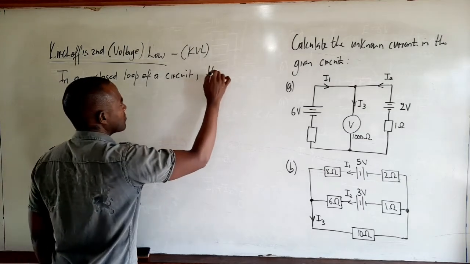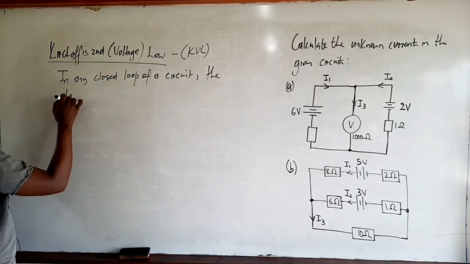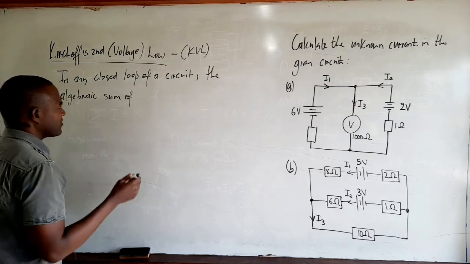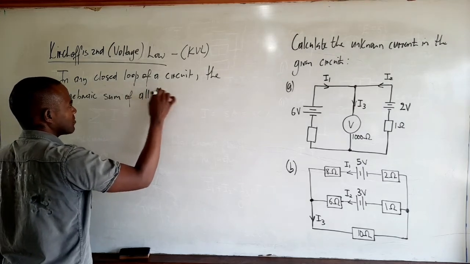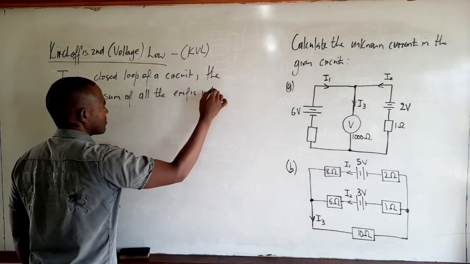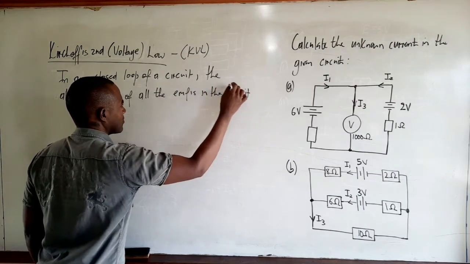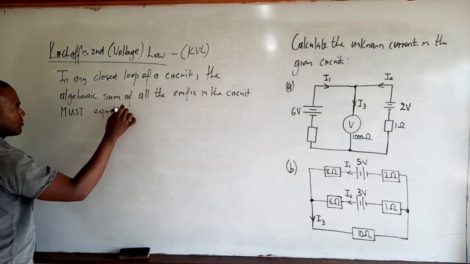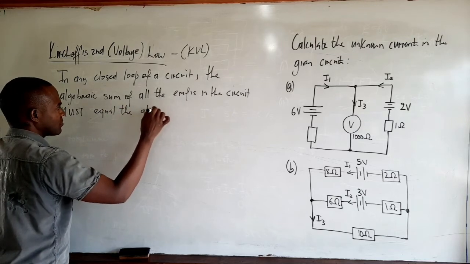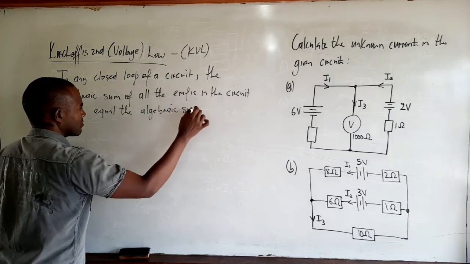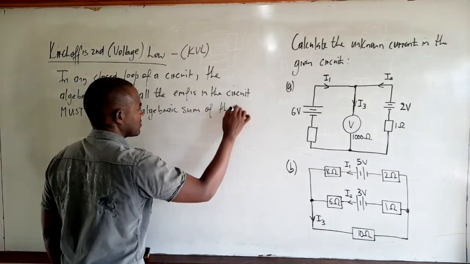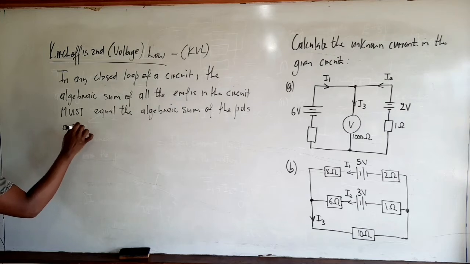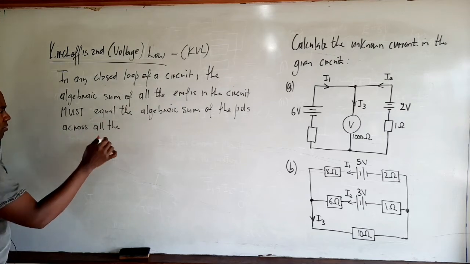the algebraic sum of all the EMFs in the circuit must equal the algebraic sum of the PDs across all the resistances